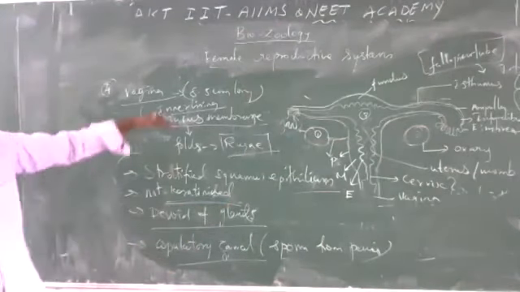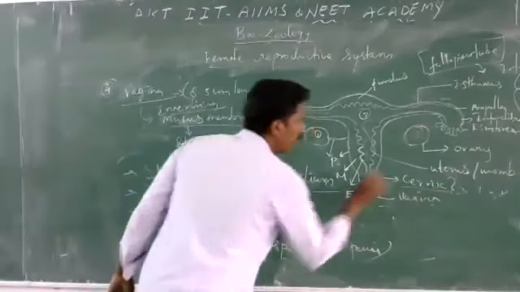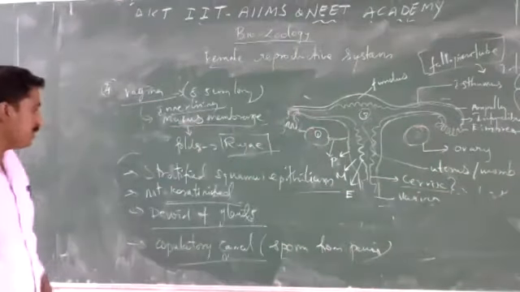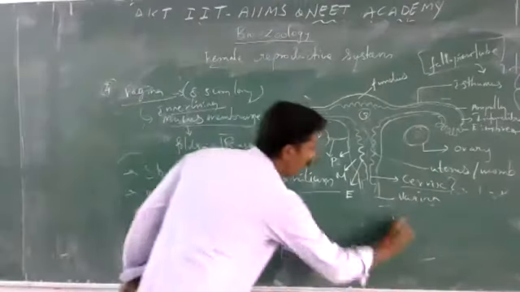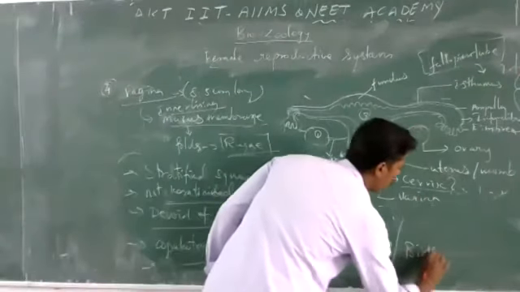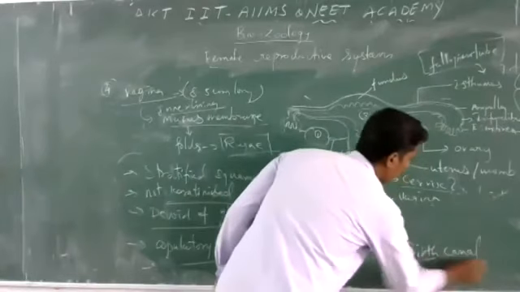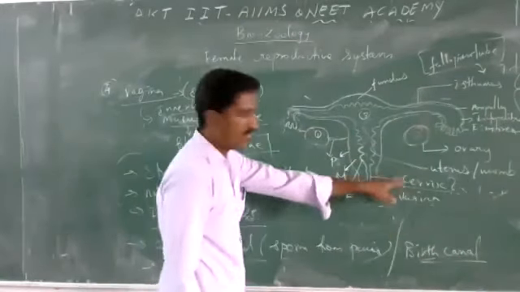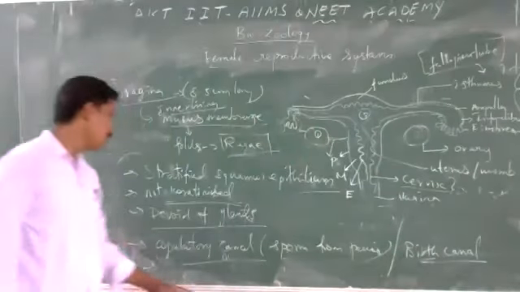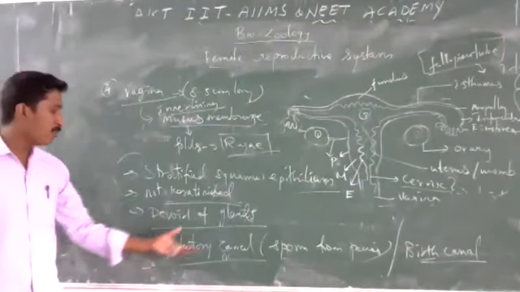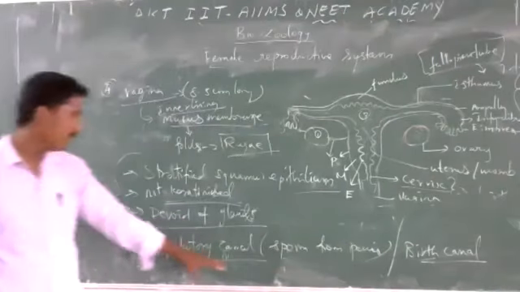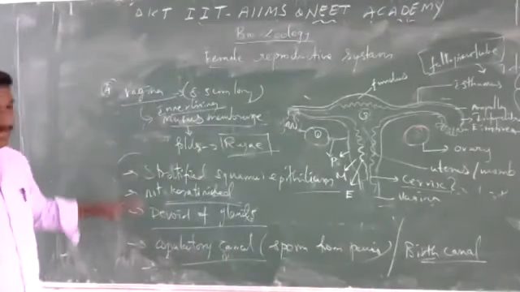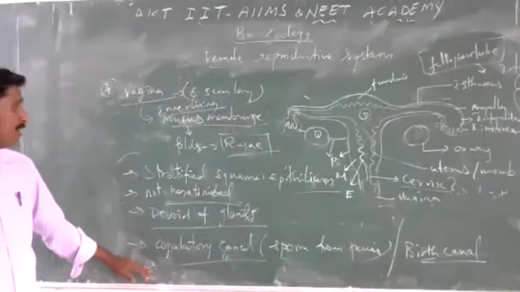Along with the cervix, it also acts as a birth canal, as we already know. Its utility as a copulatory canal is that it receives the sperm from the penis. So this is the vagina. And next,